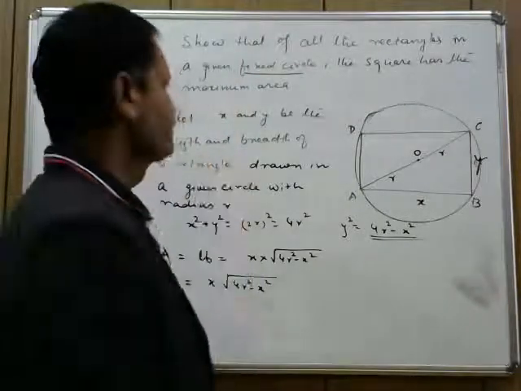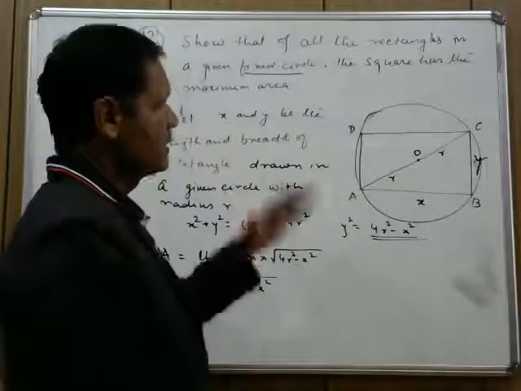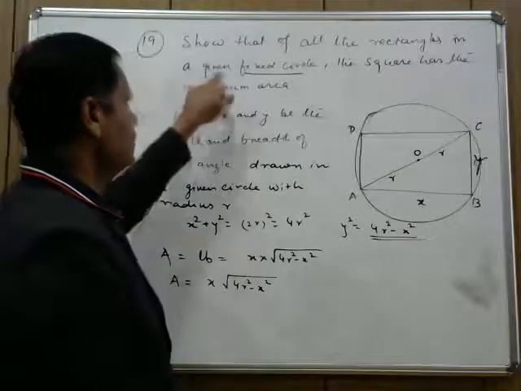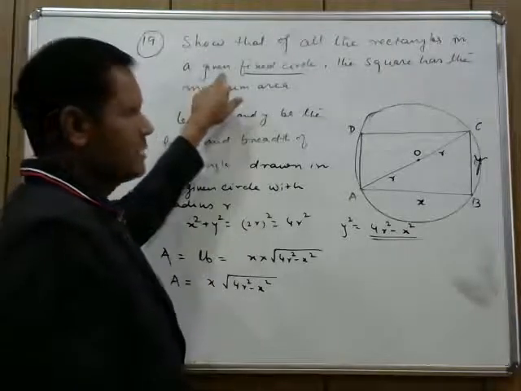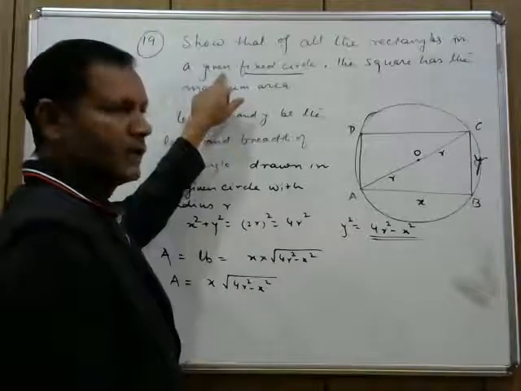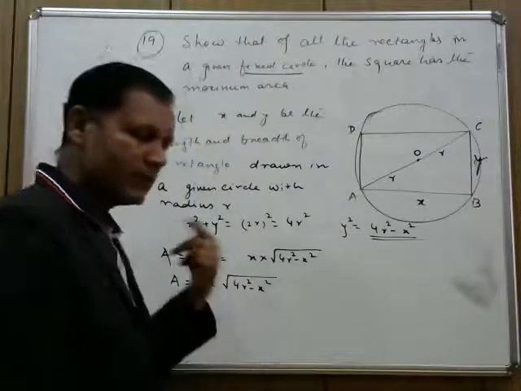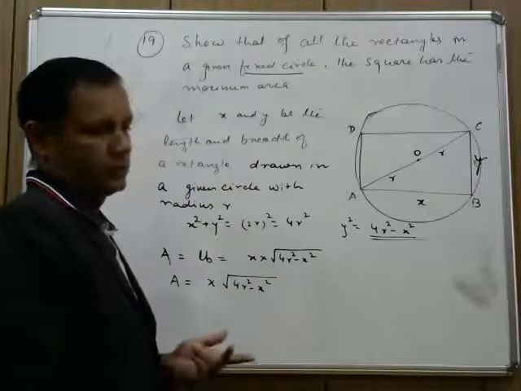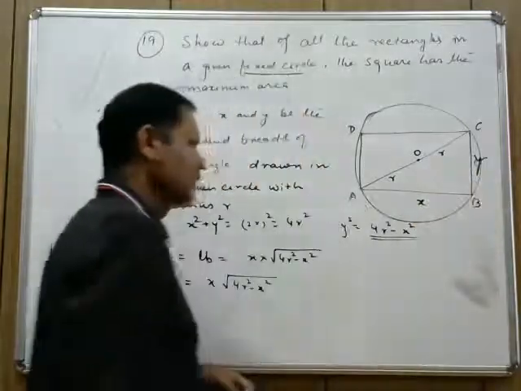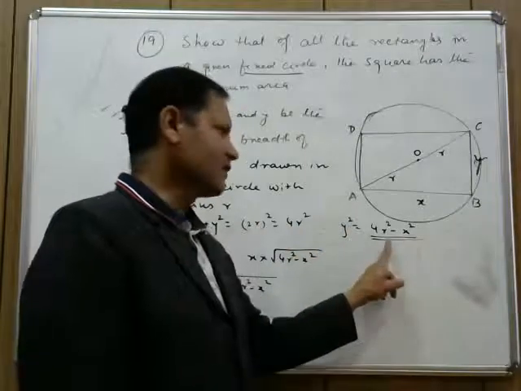Remember one thing. First of all, you start with what is given in the question. Never do we differentiate the function with the given part. Whatever is given, we will never differentiate. Always we differentiate with the variable which we assume, which we suppose. Right? Here I have taken the variables x and y, but I have converted and turned this y in terms of x and the given term r.